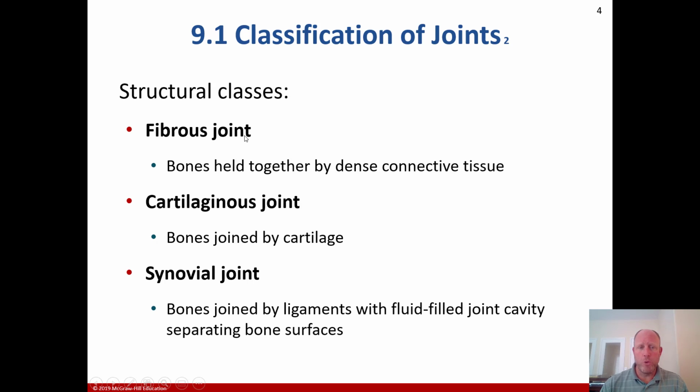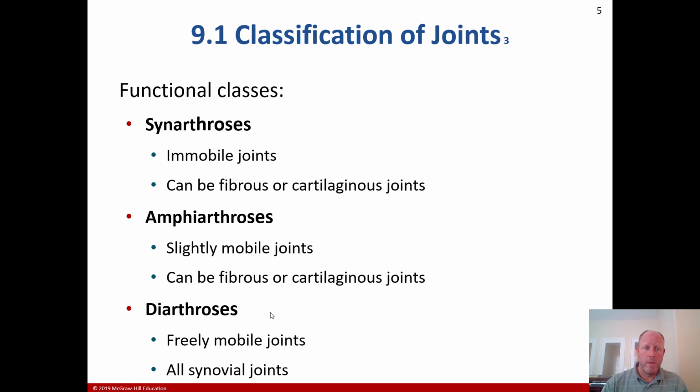There are three basic structural classes: the fibrous joint, which is where bones are held together by dense connective tissue; a cartilaginous joint, where bones are joined by cartilage; and a synovial joint, where the bones are joined by ligaments with fluid-filled joint cavities separating the bone's surfaces. And then we have three functional classes of joints. They are not necessarily related to a specific